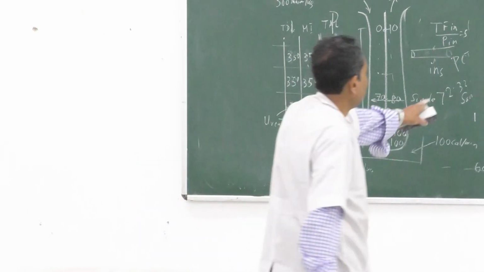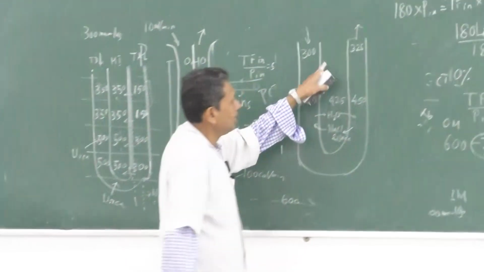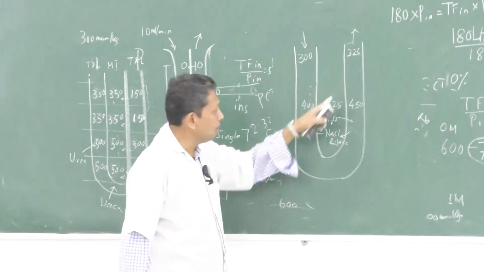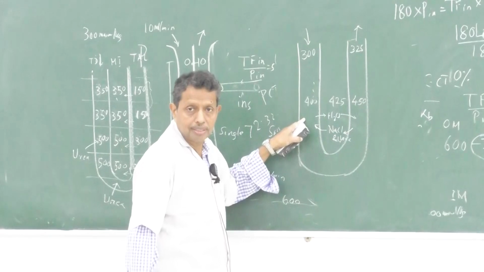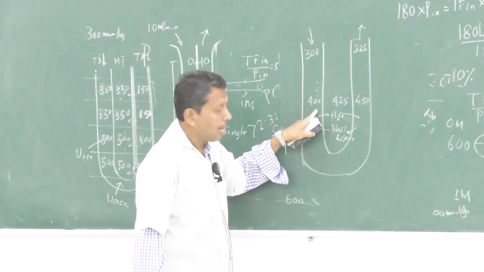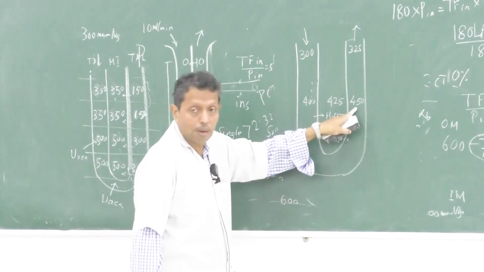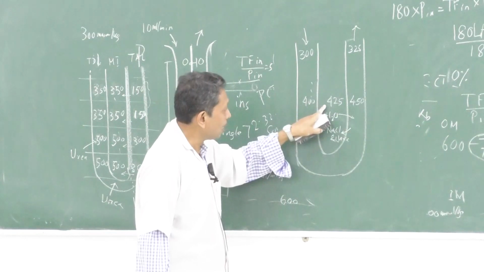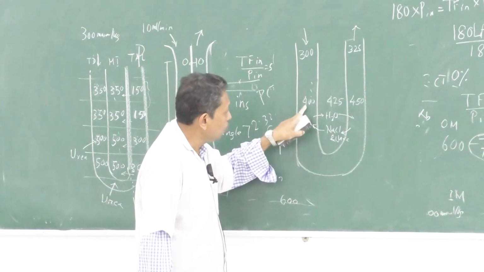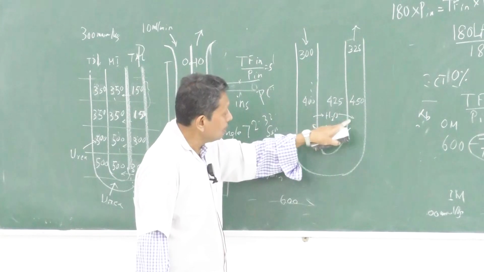Suppose you take this level, at the very beginning it is 300, and the outer level for reference is 400, then 425 and 450. So water will try to percolate or diffuse from the lumen to the interstitium and to the ascending limb